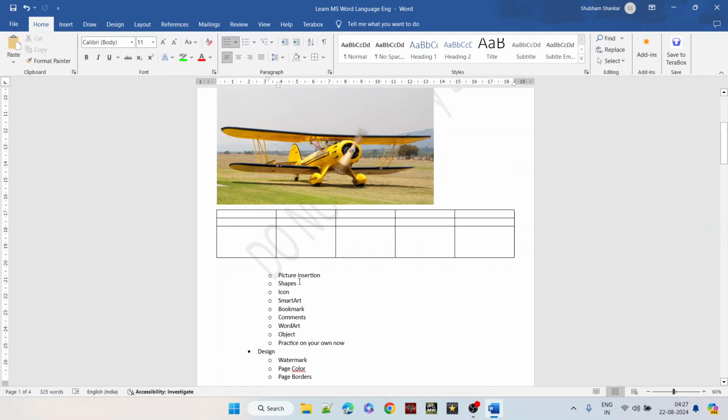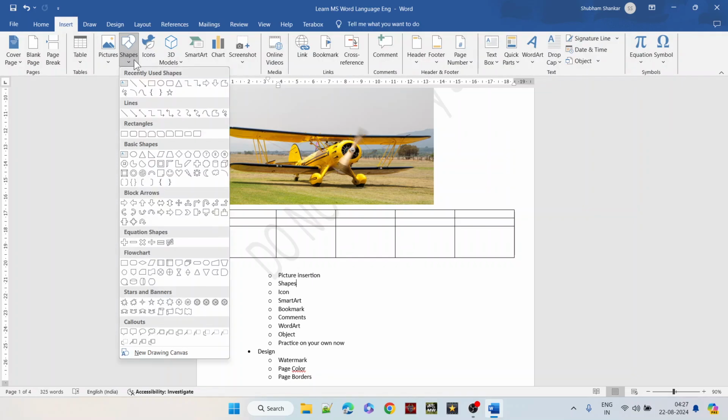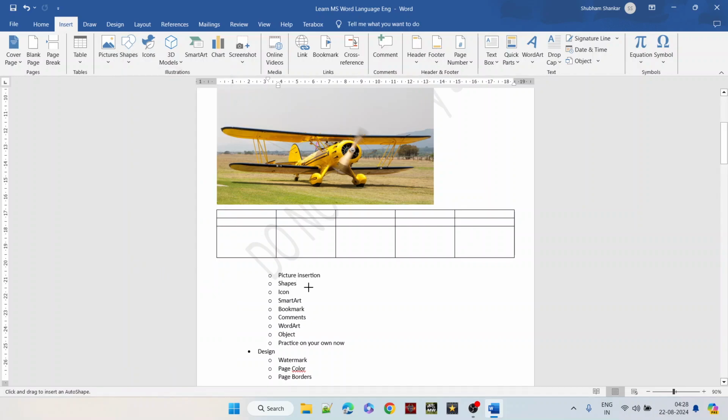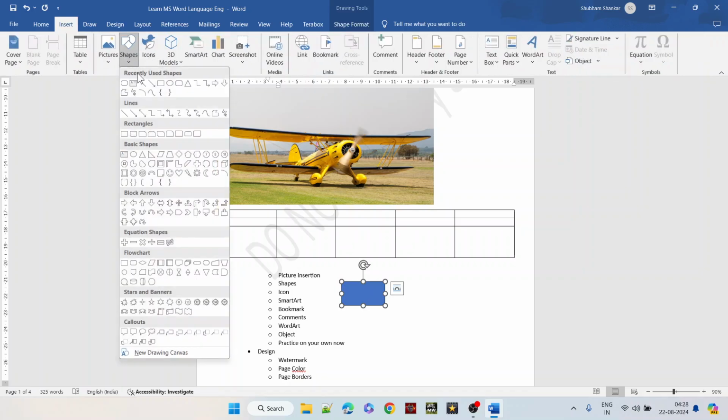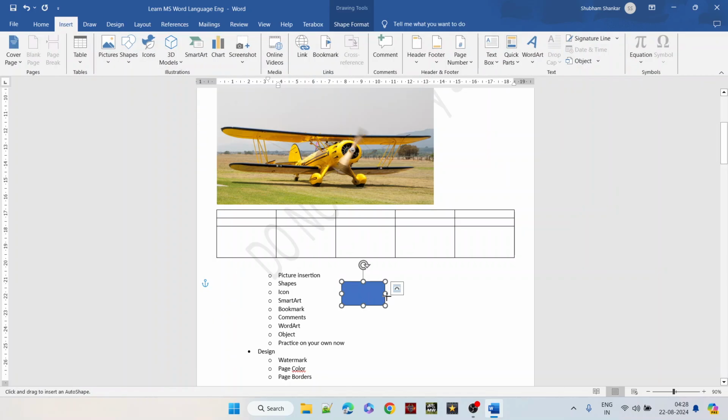Then we have got shapes. If we go to Insert again and Shapes, here you'll be able to see a lot of shapes that will be helpful when you create any flow diagrams or you want to show any process. If I can very quickly show you one, this is how you can create one, and then again go to Insert, go to Shapes, take an arrow, put an arrow here,